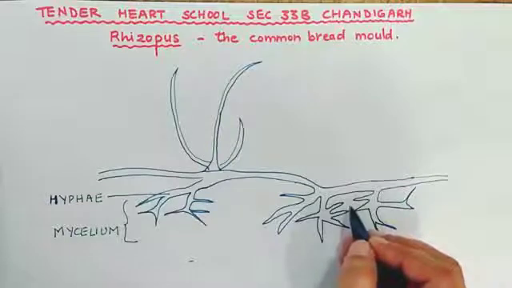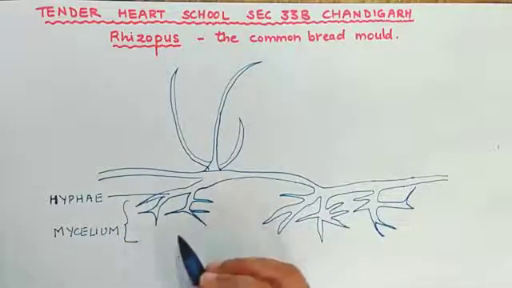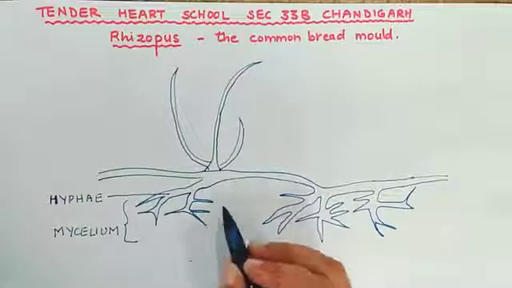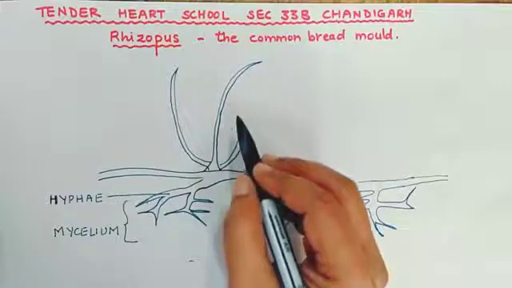This Rhizopus not only grows on the bread but on a variety of other organic matters, such as animal dung, fruits, leather goods, etc. So this mycelium is getting inside the substance, but some of the hyphae grow upwards, and these are called